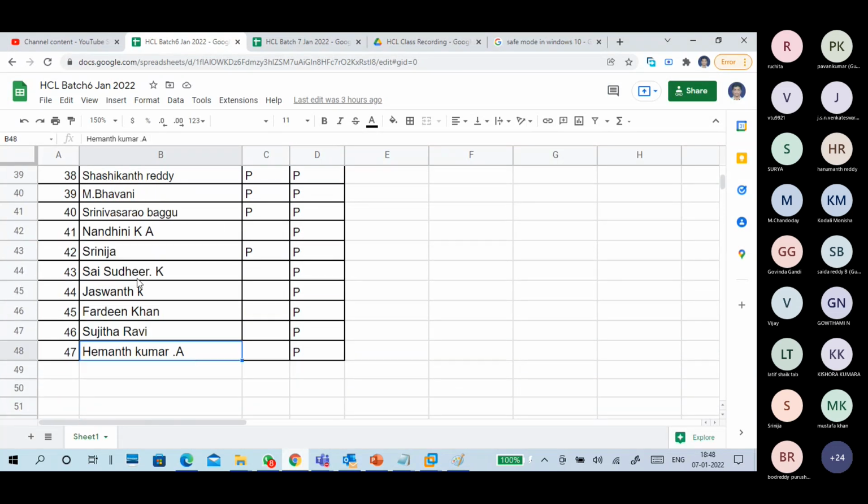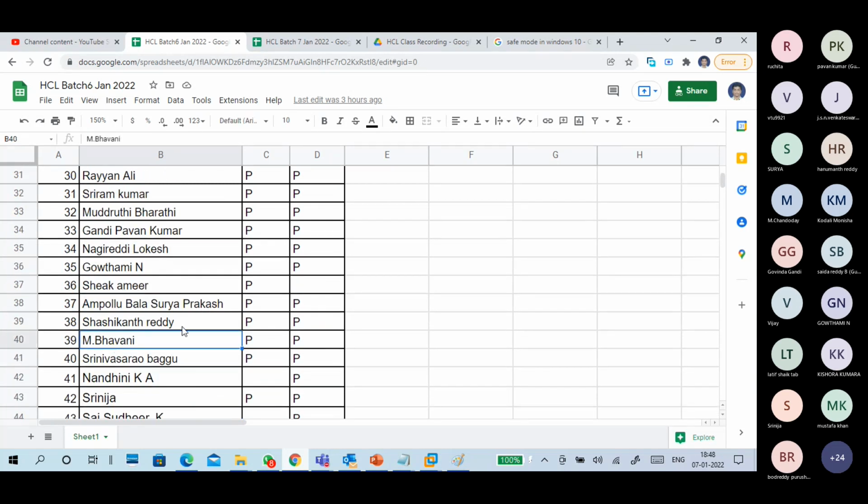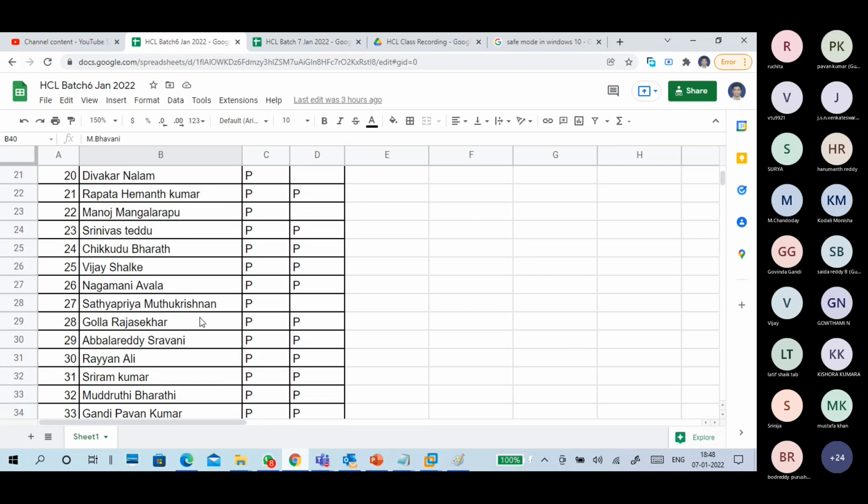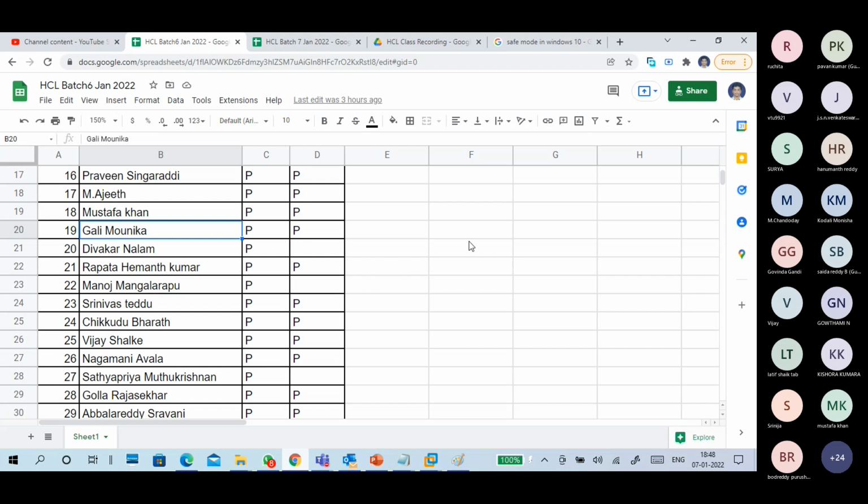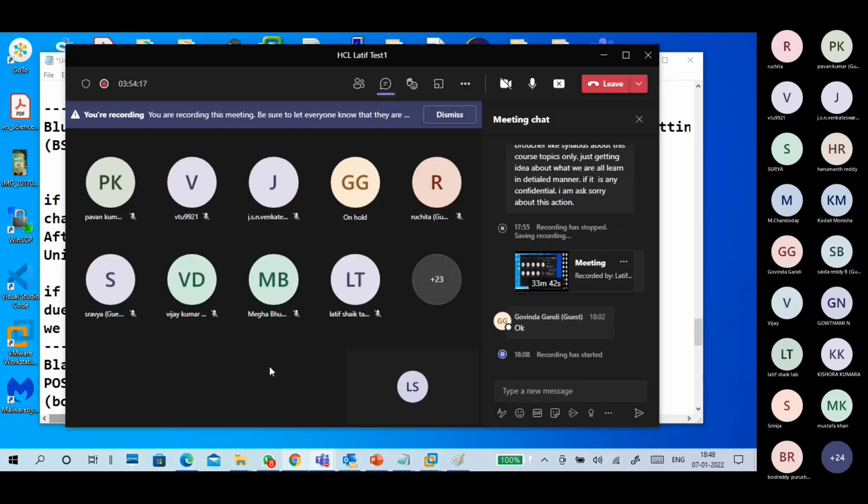Both are Hemant Kumars. So many Sai Sudhir, okay, Bhavani. Last we have one batch that has so many Monikas. G Monica, D Monica, R Monica. So many Monicas are there. Shubhams, 3-4 Shubhams are there. So the same name will confuse this person with that person.